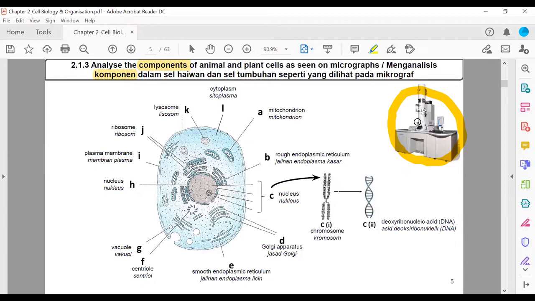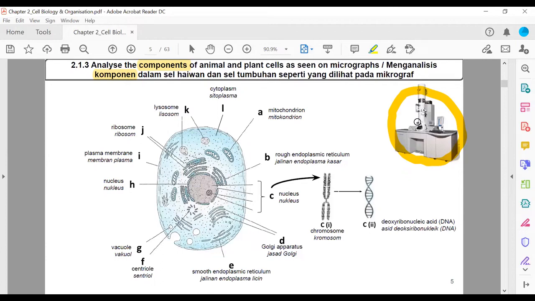So of course, electron microscope is much stronger. I mean, magnification dia lebih tinggi berbanding dengan mikroskop cahaya. So because the electron microscope magnification dia lebih besar, maka kita boleh tengok struktur-struktur, komponen-komponen yang lain selain daripada apa